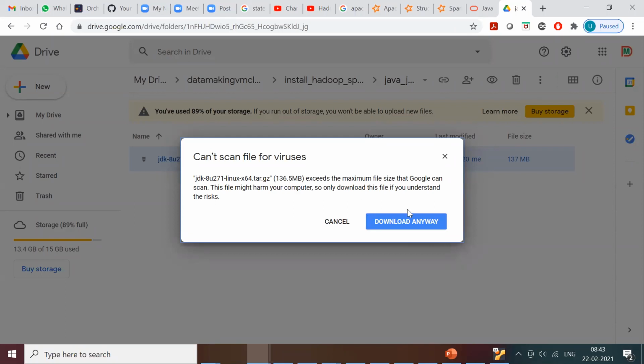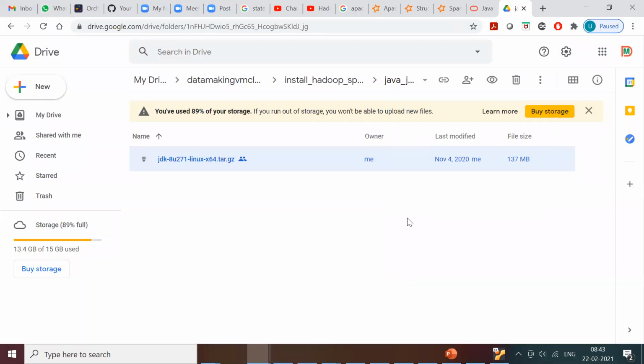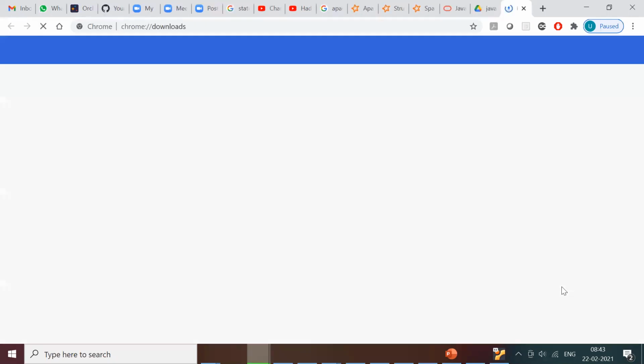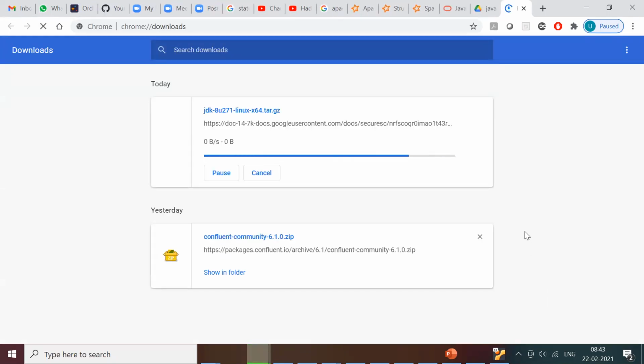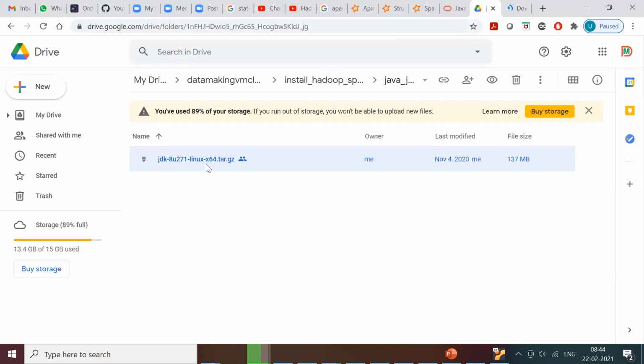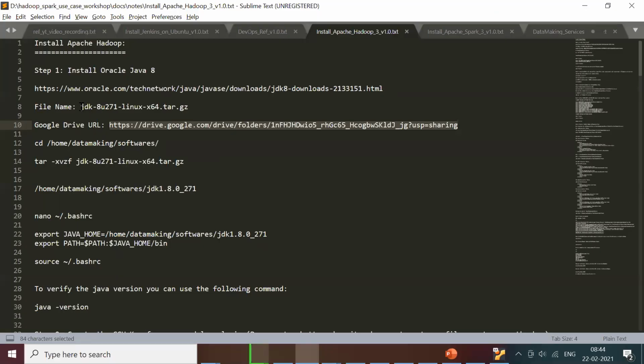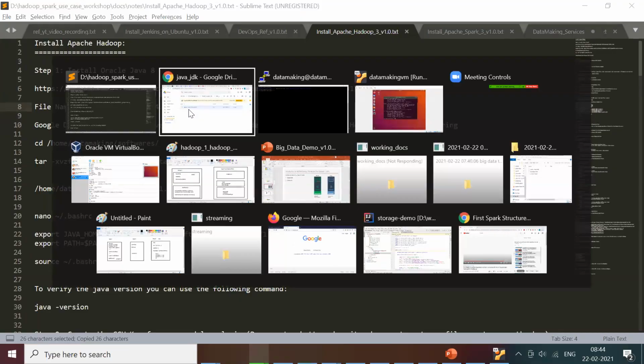It's around 136 MB of data. I have this file somewhere.